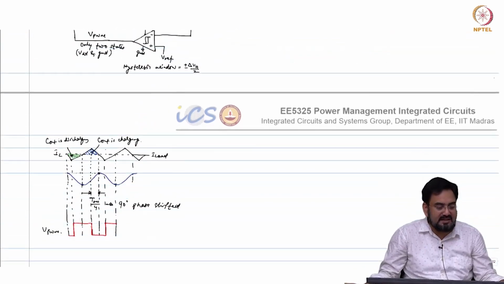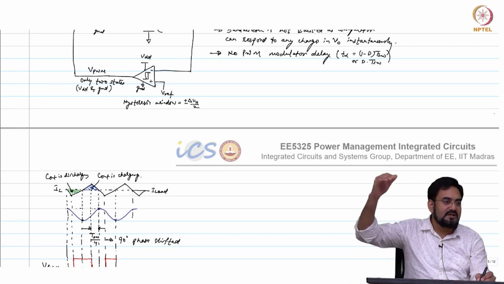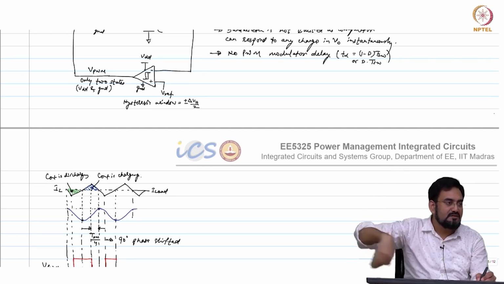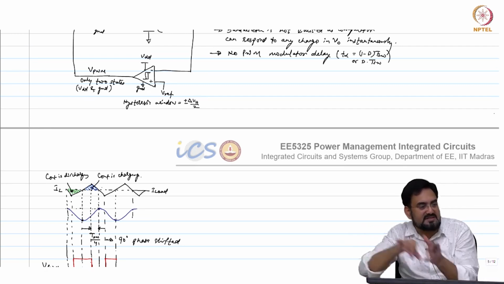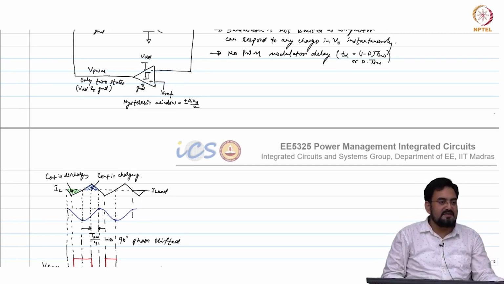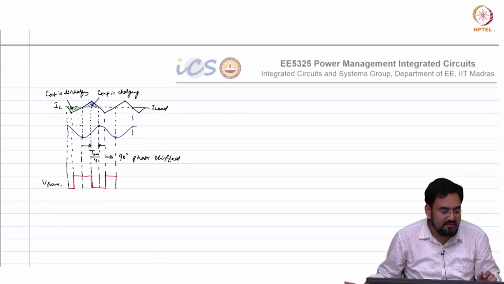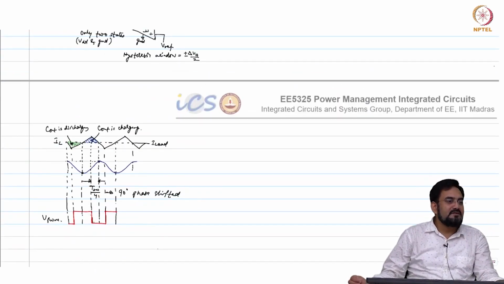When you reset the duty cycle, just look at these two triangles. If I reset here, at this point, then unless the current goes below I load, the output will keep on charging. Okay, so which means there is an extra charge which is dumped into the cap, and that is coming only because of this 90-degree phase shift. So what I actually want is for this output to be in phase with the current.